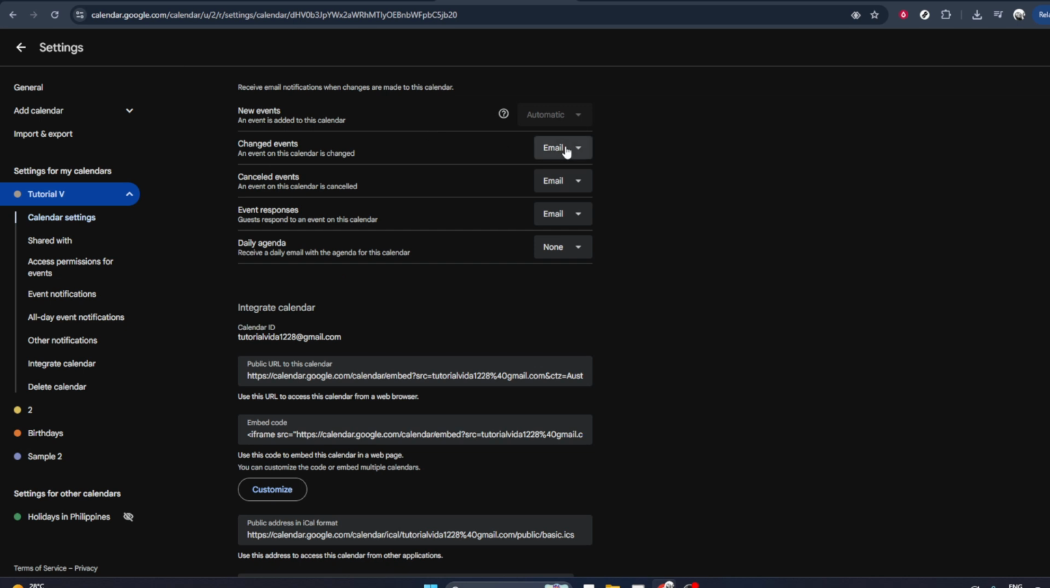This is especially useful if you share calendars with teammates or family members and want to be sure you never miss an update. And that's